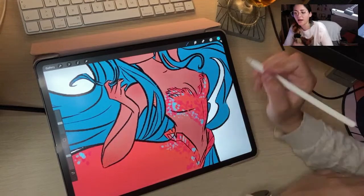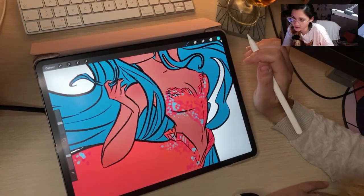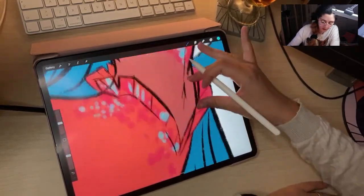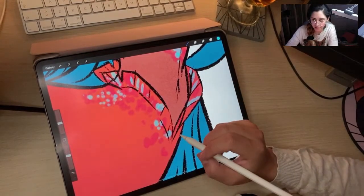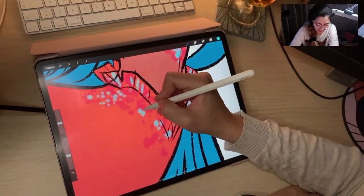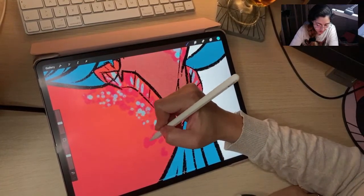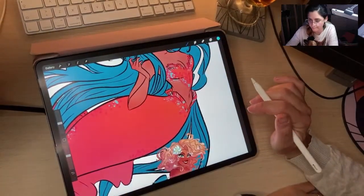A new question: how do you get the perspective correct when sketching accessories for characters like rings, necklaces, etc.? Well, thank you, Deborah, for saying that you love the effect it gives. Nice, thank you. So to draw elements in perspective, you have to understand the...